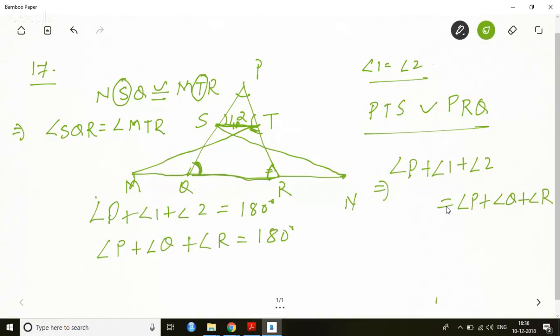Because they both are equal to 180 degrees. So angle P is gone. Angle 1 plus angle 2 is equal to angle Q plus angle R. And try to understand guys, as angle 1 is equal to angle 2, so I can write it that